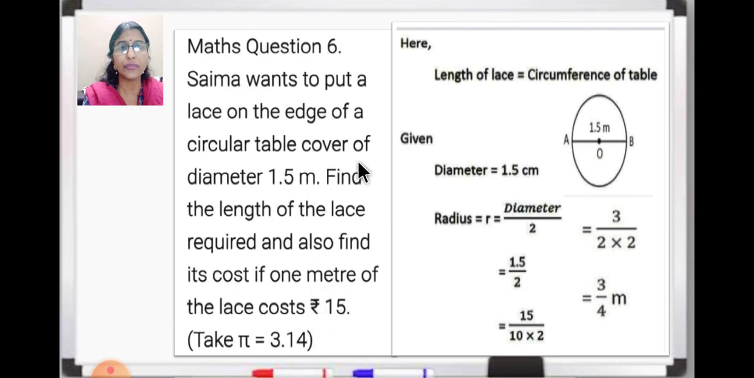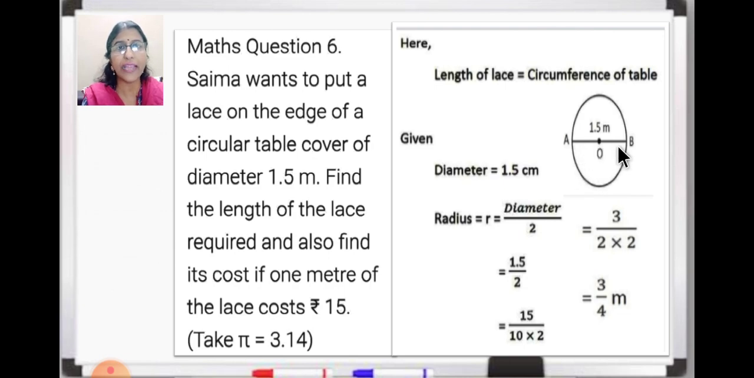So first you see here what you have to do. We have to find out the length of the lace. Salma wants to put a lace on the edge of the circular table. So length of the lace is equal to the circumference of the table. This we know. Here you can see this is the circular table and this is the